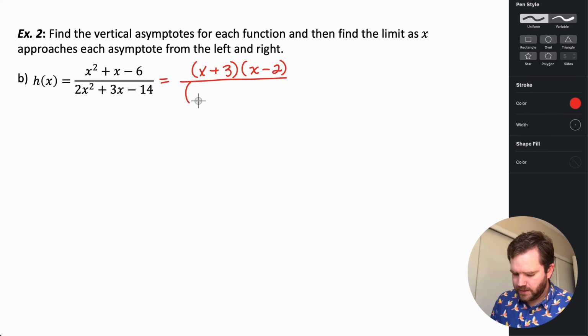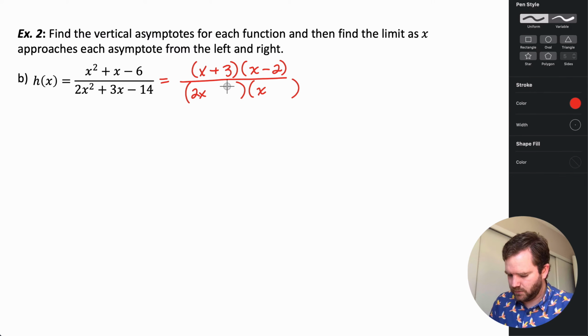And then in the denominator, the leading terms are going to be 2x and an x. I think I'm going to have a 7 here and a 2. And this one should be positive and negative. 2x squared minus 4x plus 7x, so that gives me 3 minus 14. Yeah. Okay, so in doing this, we see that we end up with this common factor of x minus 2